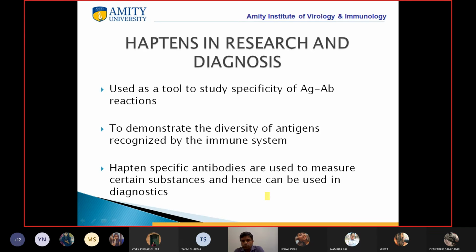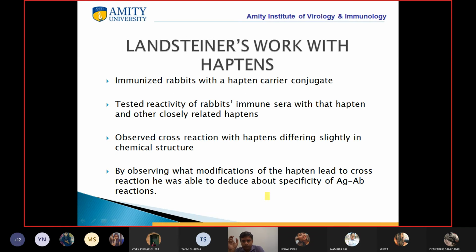So if you are looking for a specific antigen in our body, but it is not visible because we don't have antibodies, we can use hapten-specific antibodies. So that can help in diagnostics as well. Okay, so